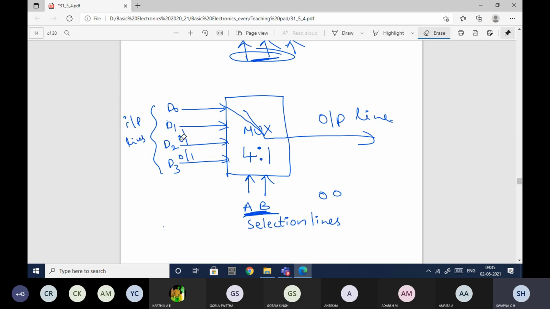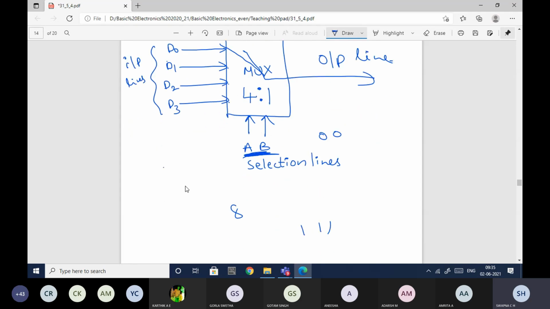Based on these selection lines, one among the data D0, D1, D2, D3 will be selected. I will write the truth table here. A and B are my selection lines and Y is my output line.